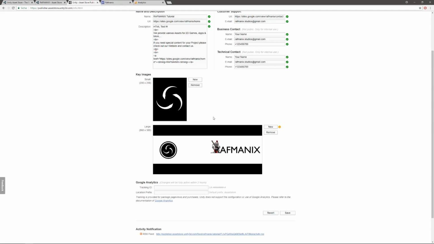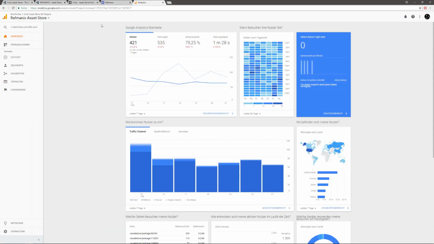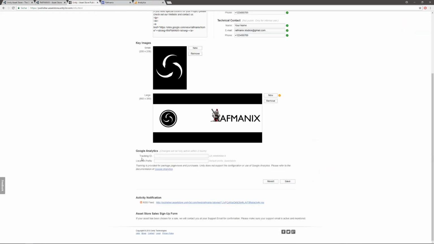If you already have Google Analytics, all you have to do here is go to your Google Analytics site and fill in the tracking ID. For the location prefix, you write what is in the default, like Asset Store.